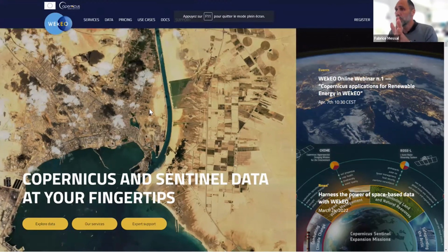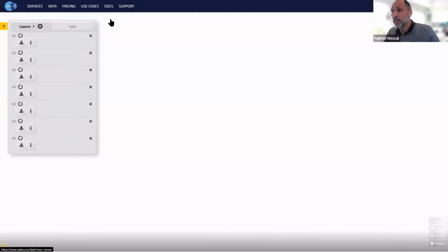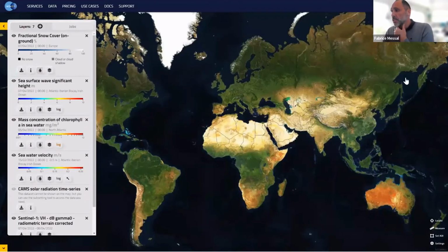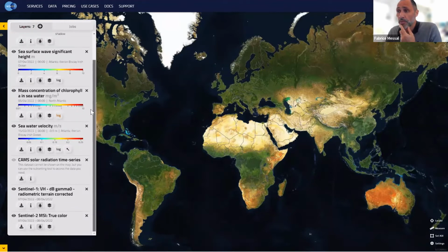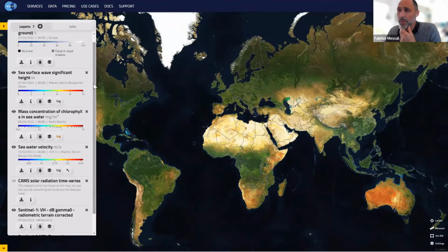Now this is the homepage of the website. So you can directly access data by clicking here. So this is the viewer, and you can display layers related to the products, and you can see on the left side of this screen the list of the layers that are already open before the